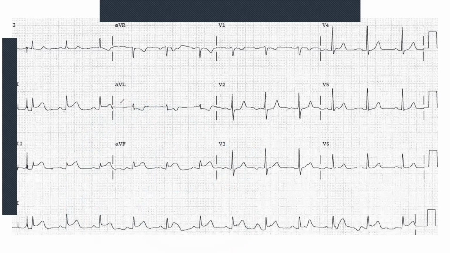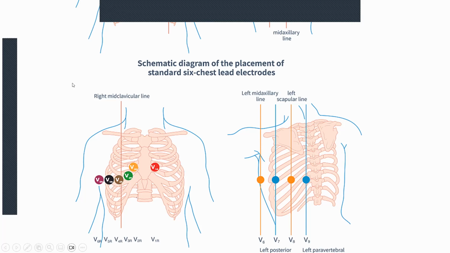So, okay, we've come to the conclusion that this is an inferior infarct, right-sided infarct, and possibly posterior. So the question is, okay, I think it's a posterior infarct. What do I do now? What can I do? So this is where you might hear